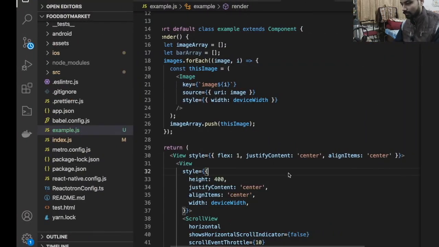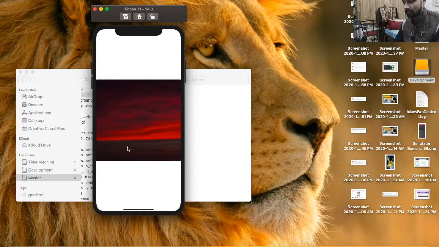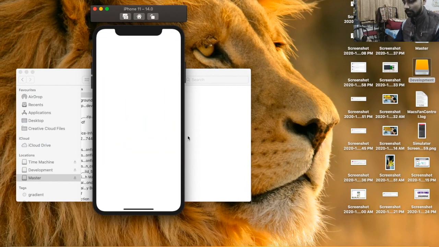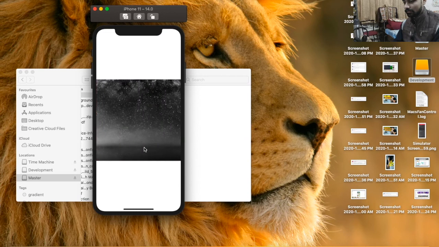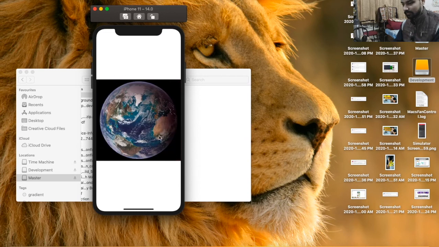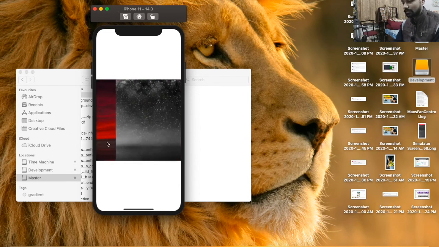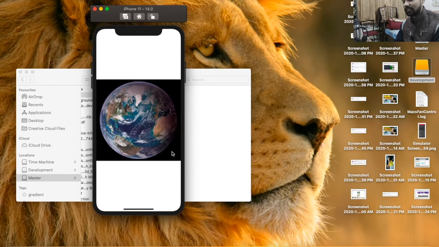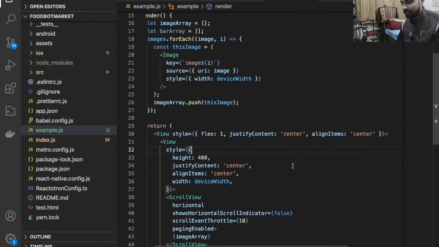Okay, just save this again. Yes. So the first one, the second one, and where is the first one? This one is the first one. So you can see guys, whatever height and width you want to give to this custom scroll view carousel, you can give in a very simple manner, right?